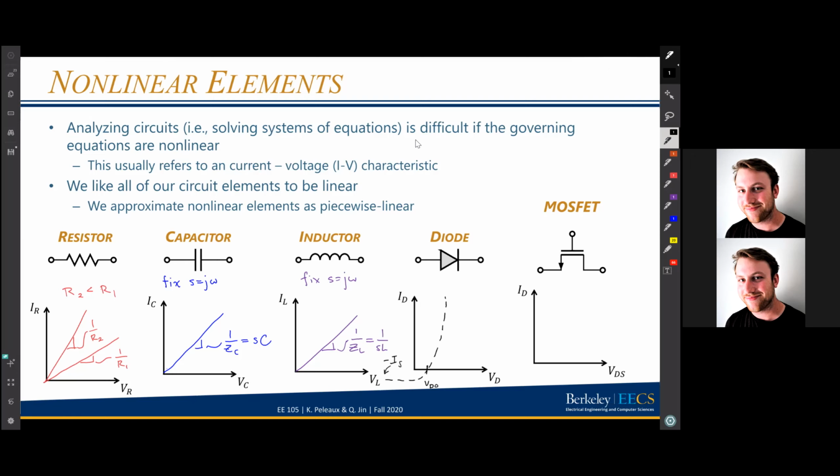But like I said, what we will do is we will take this element and create an approximate model for the element, which we call a piecewise linear model, right? You're familiar with piecewise equations, an equation that's defined differently for different subregions of the domain. And so in this case, we look at the voltage applied across the diode, and we say that below,